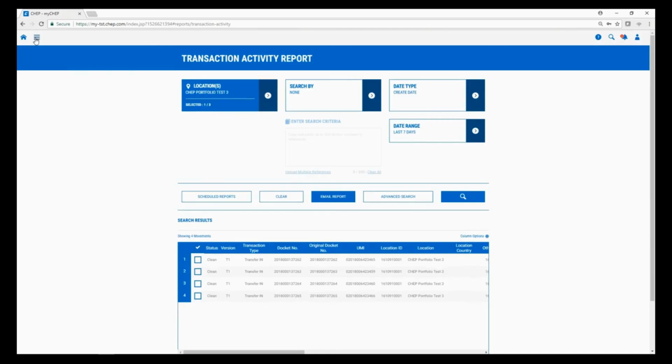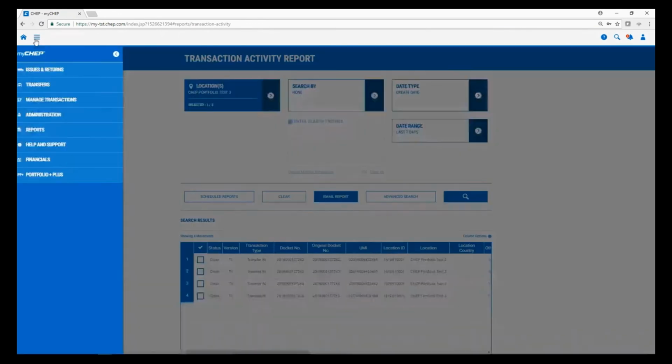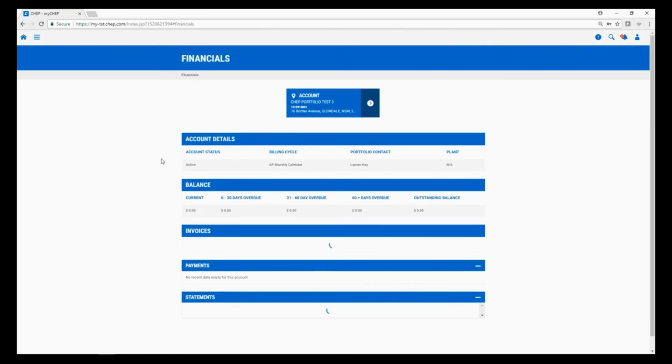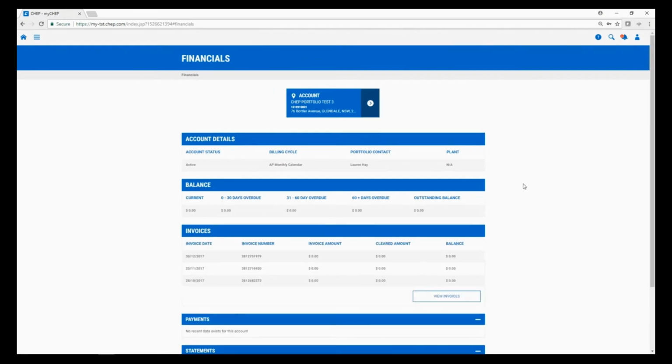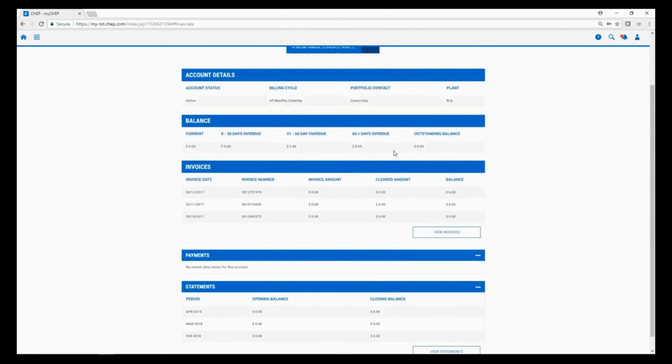I'd like to go into the financials module now and just give you a little bit of visibility on that. So if we go into here under financials, what you'll see is this houses all of the financial information for your account. So all your account details, your credit controller, any outstanding balances on your account. It will show you your last few invoices,